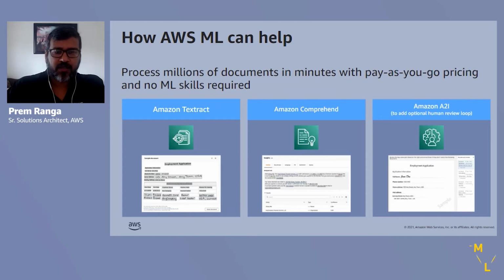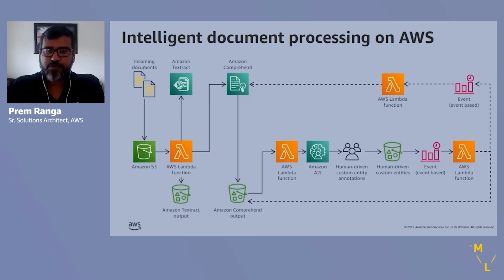Right. With that, I'm going to introduce you the demo solution architecture. So we call it the intelligent document processing pipeline or workflow. And so I'm going to demonstrate this to you shortly. But if you look at the architecture, what it contains is we have set up an S3 bucket where you can upload a sample document that I have provided as part of this solution.